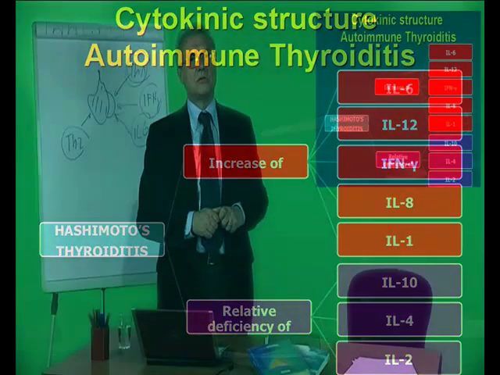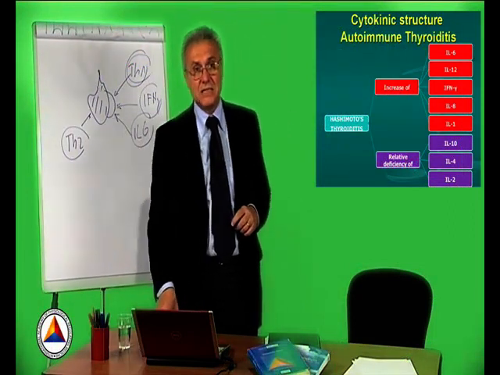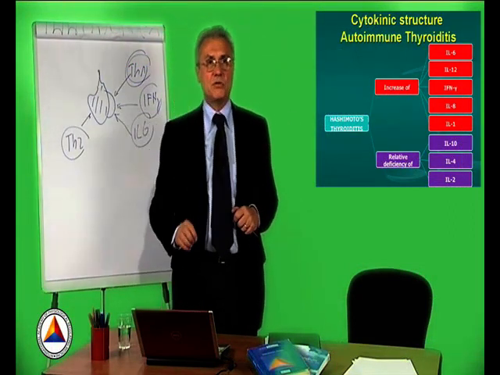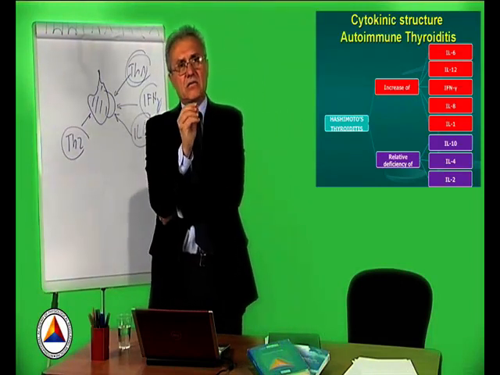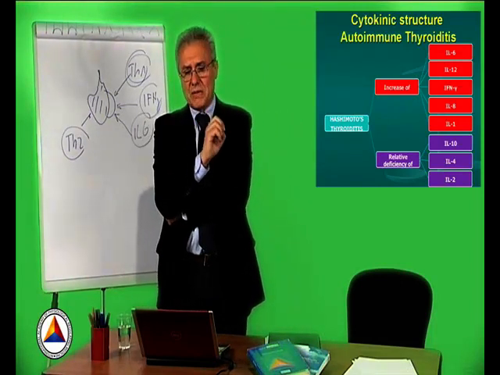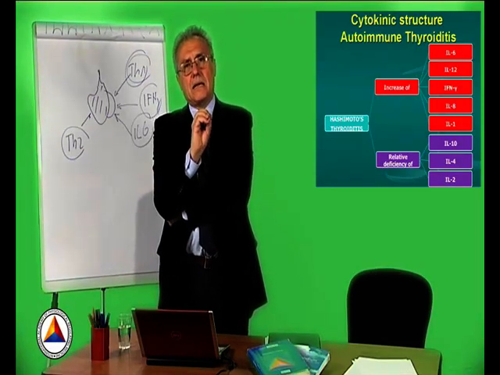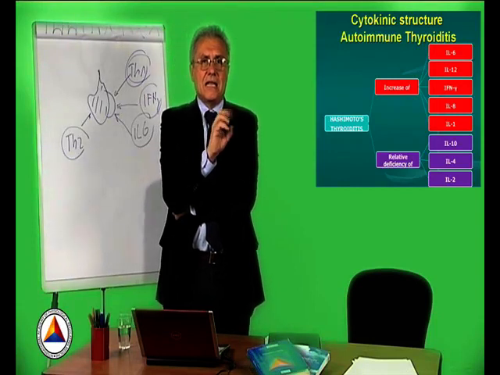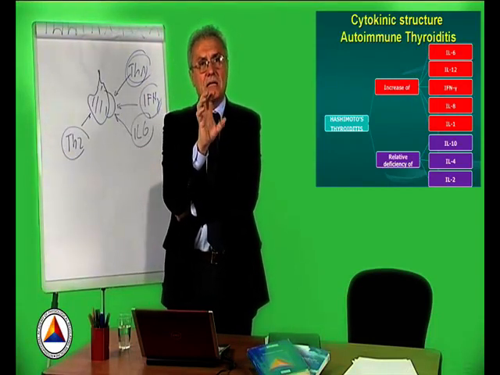Another very important aspect to consider is that today we see iatrogenic thyroiditis. For example, there are drugs whose molecular structure contains iodine atoms, such as in the case of amiodarone, which is used for cardiac arrhythmias and is a drug that can cause serious damage to the thyroid and is one of the causes of iatrogenic thyroiditis.